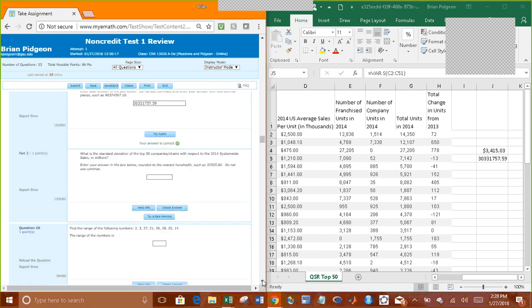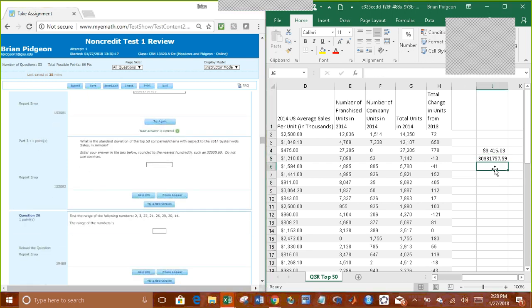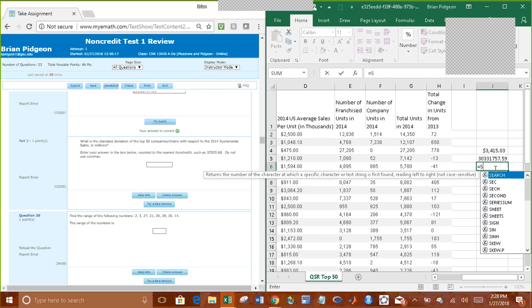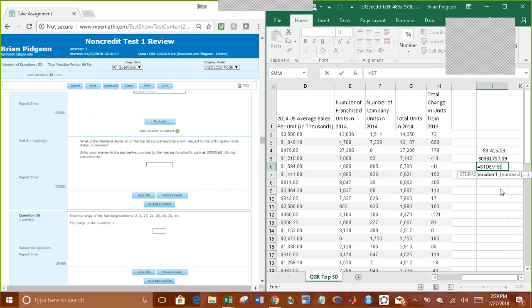So the next thing is the standard deviation. The standard deviation, like the variance, is a measure of spread. You see standard deviation much more than variance. To find standard deviation, just start typing ST for standard, and you'll notice all these functions pop up. Standardize calculates something called the z-score. We'll do that next. But just like with variance, you do not want .p, because that assumes that the data set represents a population, and we are assuming in this class that it represents a sample. So we use stdev.s, and then